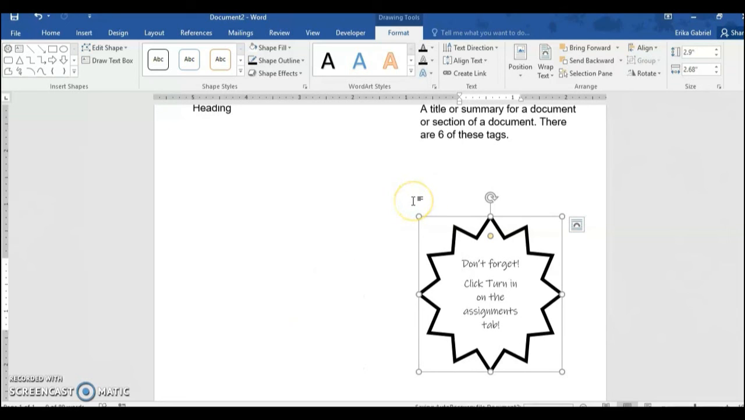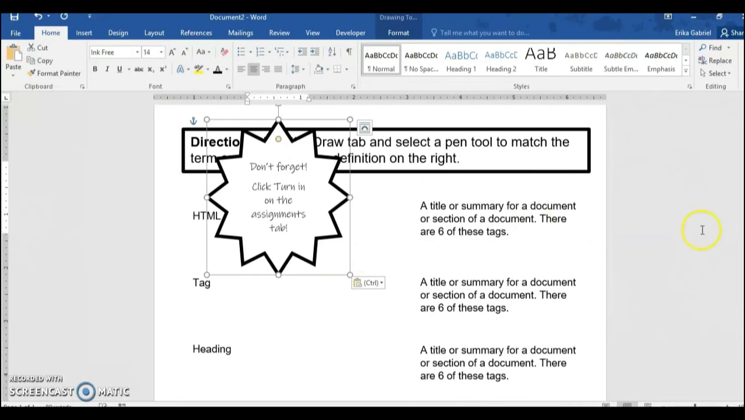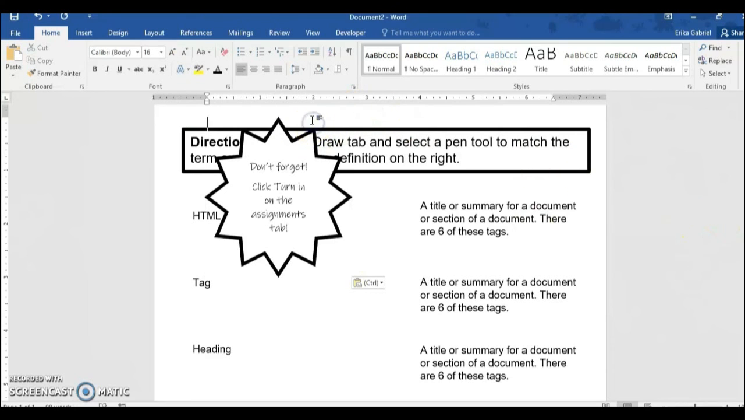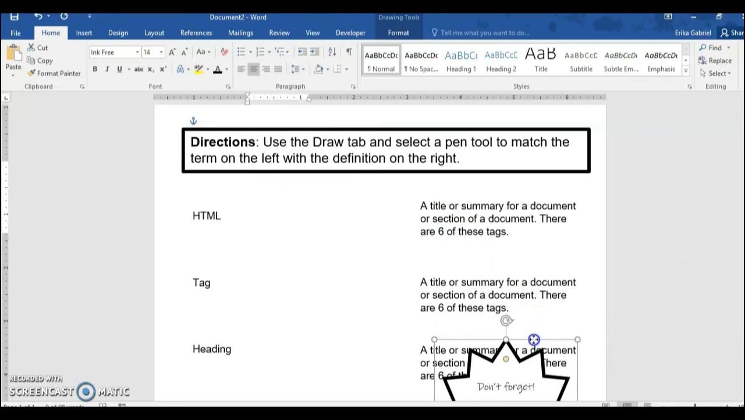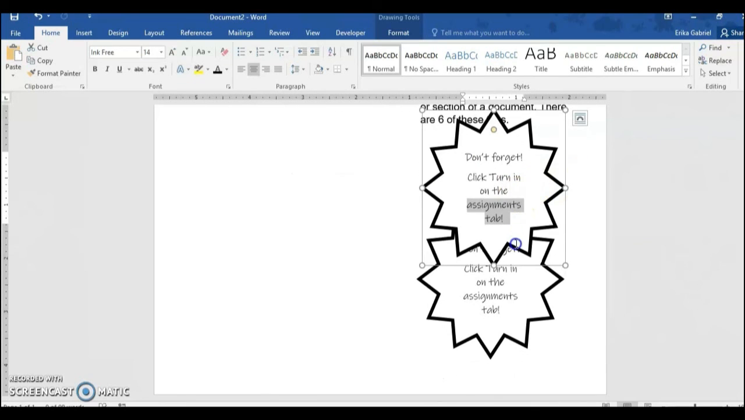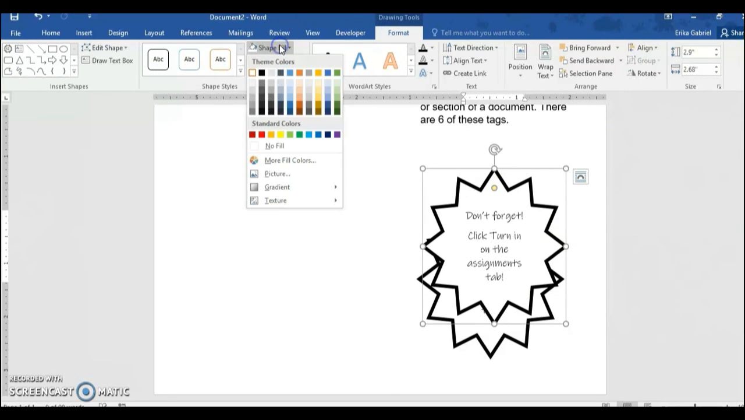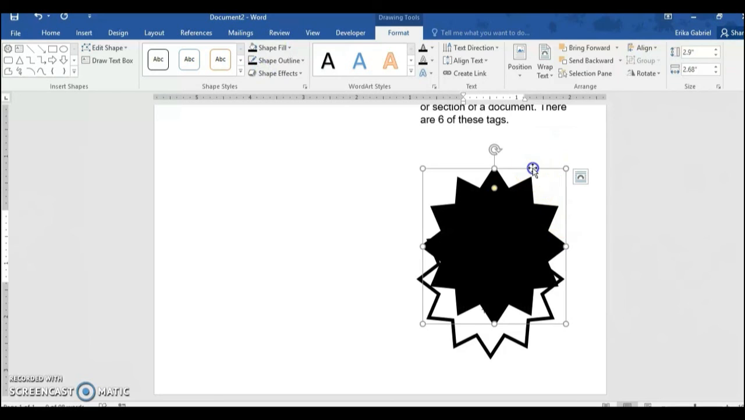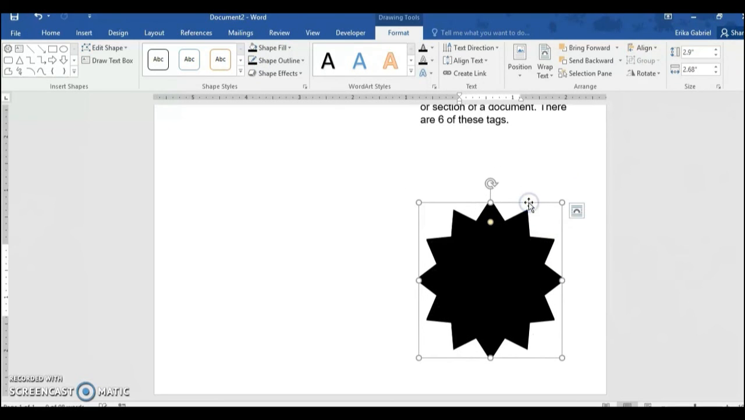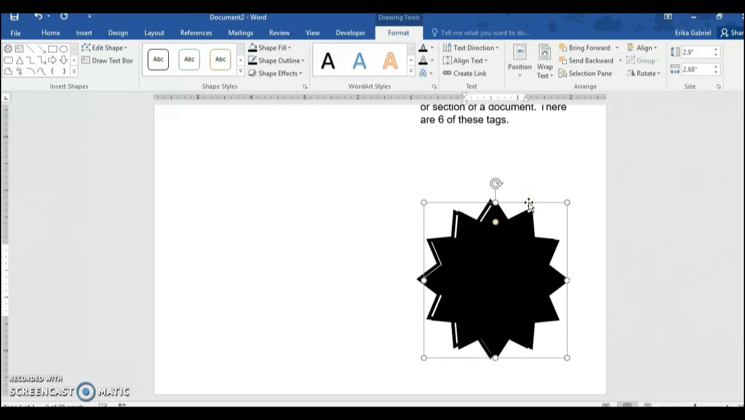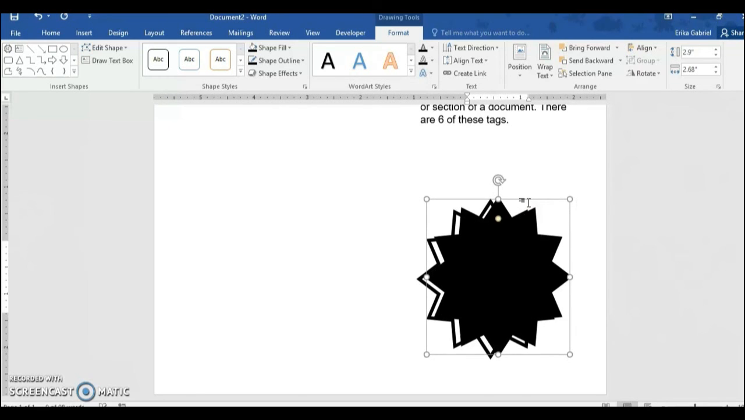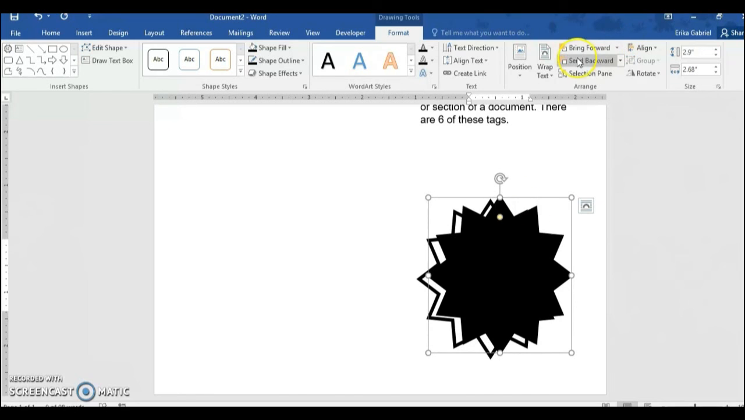But what I like to do is I can just copy and paste the shape again. This time I am going to fill this with black so you can't even see the text. I'm going to use my arrow keys on my keyboard to just sort of nudge it a little to the right and maybe a little up or down. Now you have these options here where you can bring something to the front, send something to the back, or if you have multiple shapes, you can just send